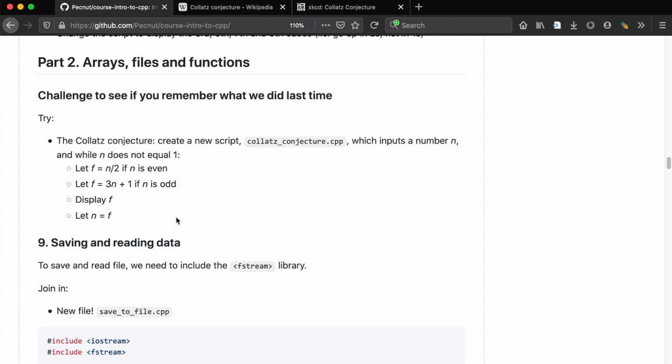So here we have the Collatz conjecture. I want you to create a new script, Collatz_conjecture.cpp, which inputs a number n. And while n does not equal 1, you're going to let f be n over 2 if n is even. All right, so you're going to have to remember how to test whether something is even or not. And if you don't remember how to test whether a number, an integer, is even or not, then you can